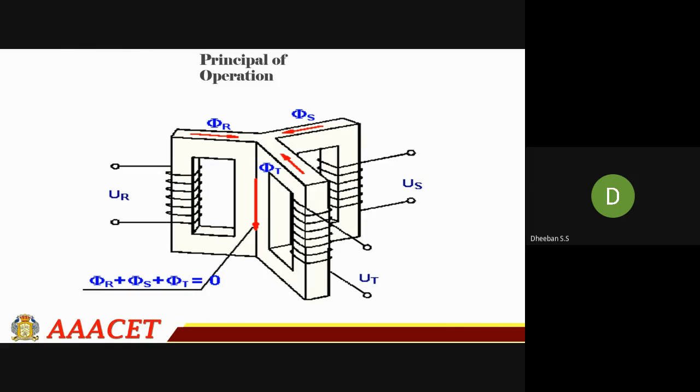So this is how the core of your three-phase transformer looks like. Here you can see it has three windings, followed by your R phase, followed by your Y phase, and here they have given RST. Okay, here you can take RYB like that. So that's what we have as a reference with respect to your first unit.